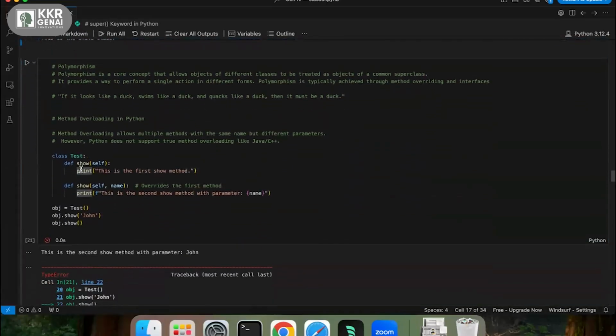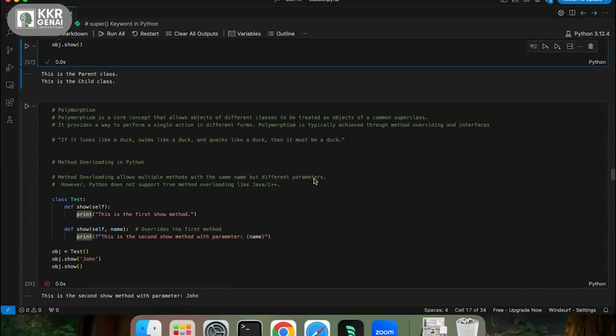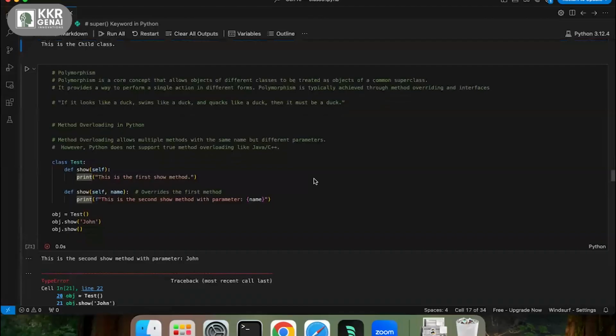Inheritance talks about acquiring the properties from the parent class to the child class. What polymorphism does is, let's say we have the same functionality, so let's talk about you as a person in the real world.